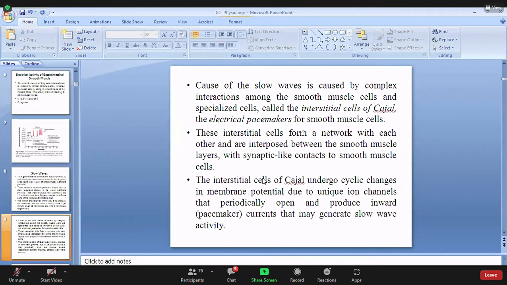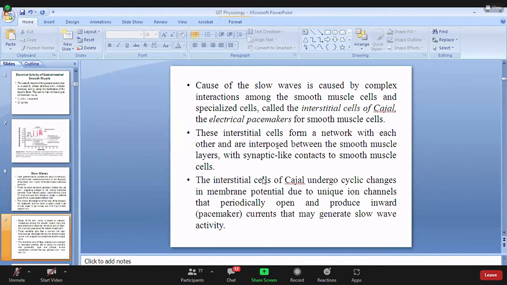The cause of this slow wave is the complex interactions among the smooth muscle cell and the special cell. এটাকে আমরা কি বলি জানো? Pacemaker cell of the GI tract. GI tract pacemaker cell called the interstitial